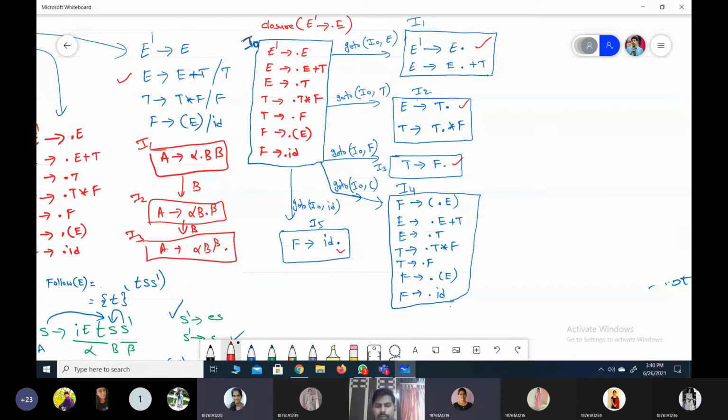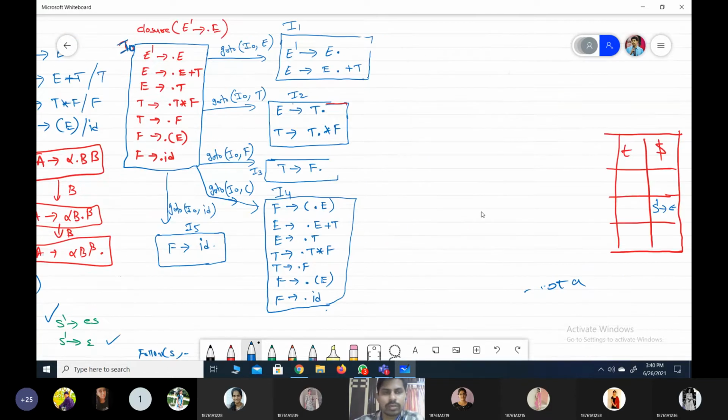What is the second production as per the augmented grammar, in closure set I0? Have we reached the end? E tends to E plus T, has the dot reached the extreme right side direction? No, sir. So now we have to do that work. Whatever the first production closure set that we have considered, initially we have to consider the closure set only.